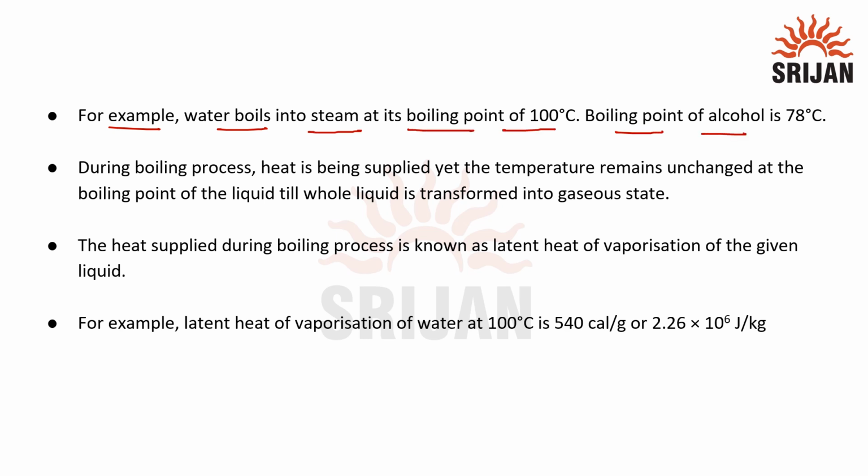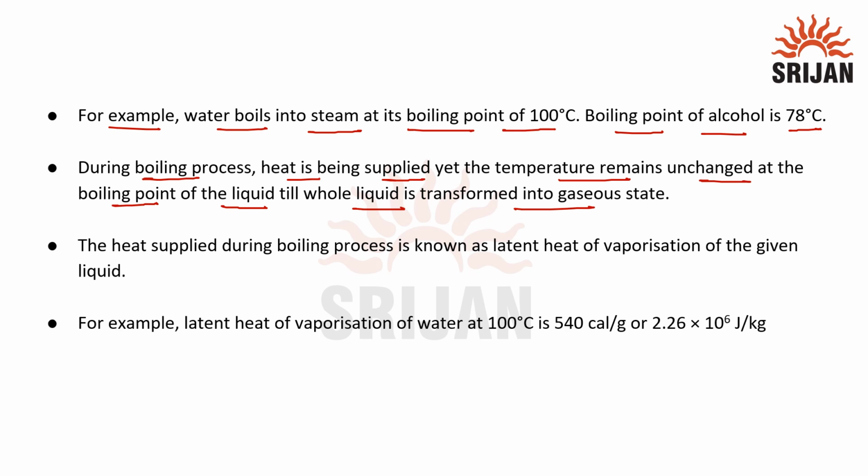Boiling point of alcohol is 78 degrees Celsius. During boiling process, heat is being supplied, yet the temperature remains unchanged at the boiling point of liquid till whole liquid is transformed into gaseous state. This is called as the latent heat, and in this case it is the latent heat of vaporization because there is phase change from liquid to gaseous phase, and this latent heat is the hidden heat which is required for the phase transition, that is from the liquid state to the gaseous state, and hence it is called as latent